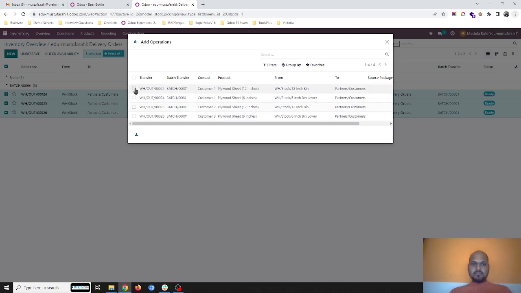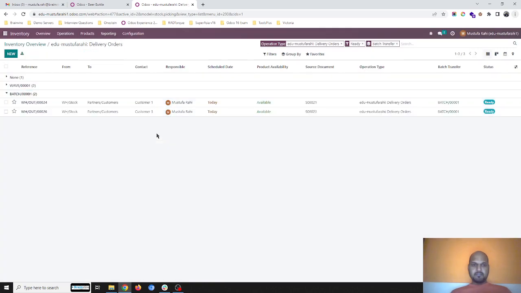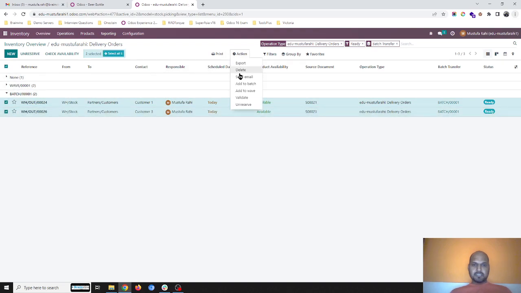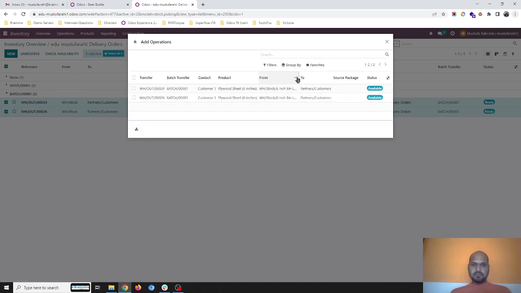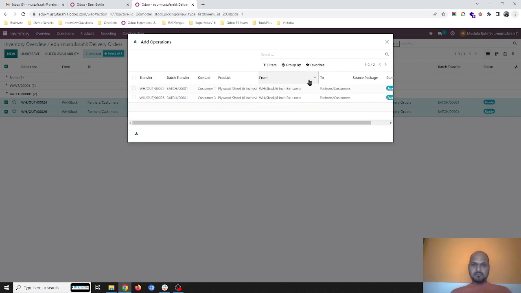To optimize my warehouse transfer, whatever the orders are for different customers, like customer 1 and customer 2, which is coming from the 12-inch bin, I can combine into one order and I will create one wave, and then another two operations I will create another wave which is from the same location, like 6-inch bin lower,